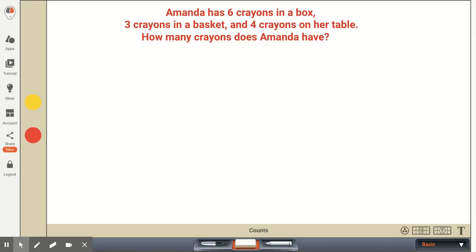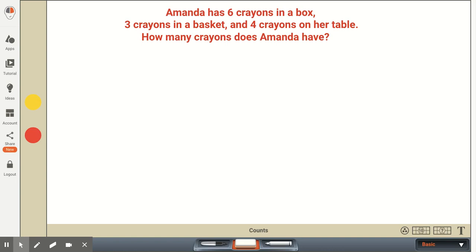In this standard, the first graders need to solve word problems that call for addition of three whole numbers whose sum is less than or equal to 20. So it's not just providing the first graders with three numbers, but it's putting those numbers in a context so that when they see a word problem, they can pull the numbers out of the word problem and know the operation that they need to perform.